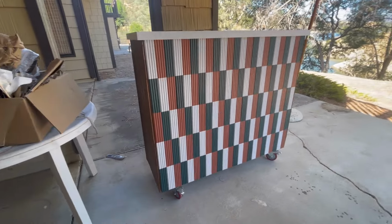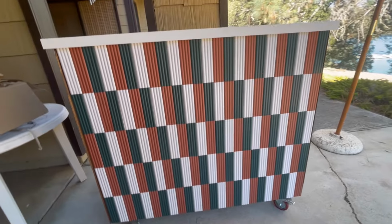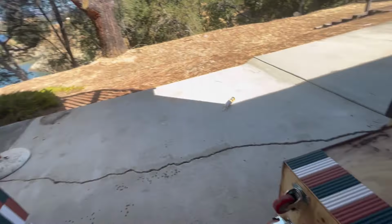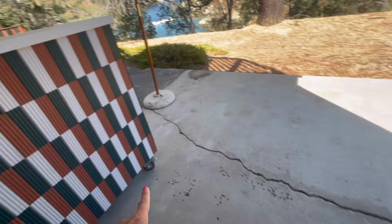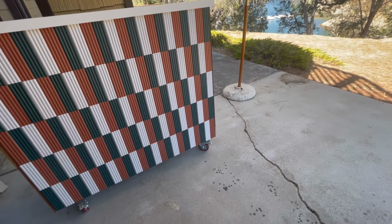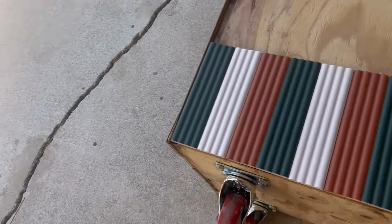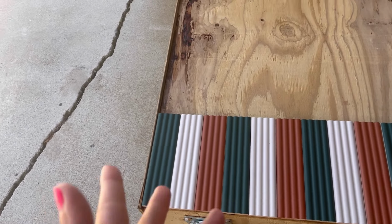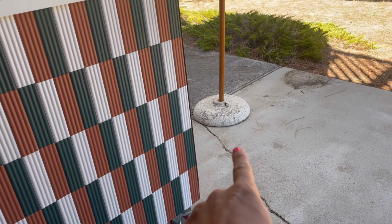Okay, so I have the first one completed, and since this is going to be two of these structures, I want to make sure the pattern lines up. So here's the other one ready to go. And the most important thing was to make sure that this pattern continued. So for this first one, it needs to be green, white, terracotta next. So I made sure I laid out the correct pattern. So green, white, terracotta. And then from there, this next one will be white, terracotta, green,